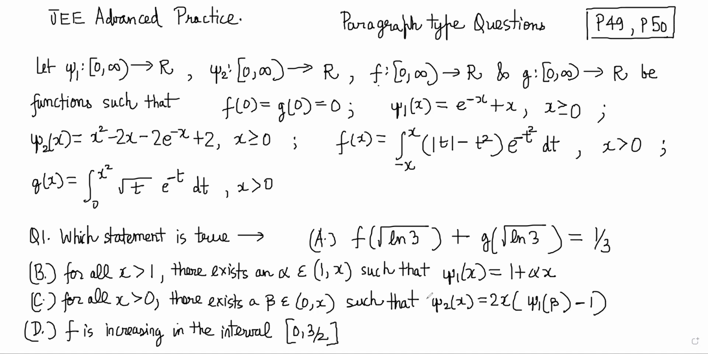Before we do anything, let's try to understand what f(x) and g(x) are, because they are defined in terms of integrals. So let's try to figure out the derivative of f(x). Because of the Newton-Leibniz formula, we can immediately differentiate the integral. I'll do it on the next screen. So f'(x) will become basically (|x| - x²)e^(-x²)